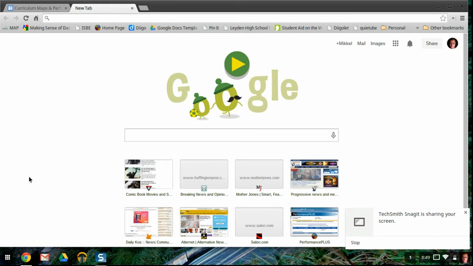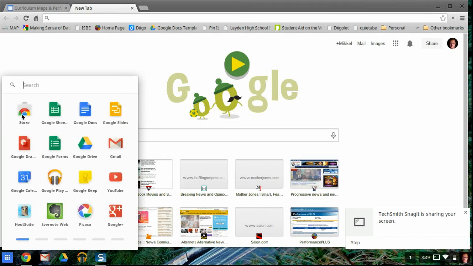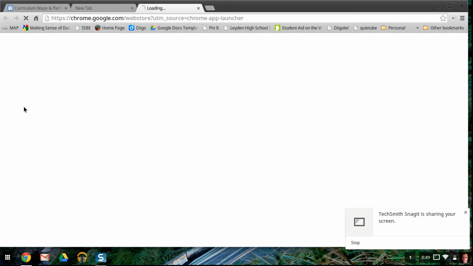But TechSmith has come up with one. This is the one I'm using now, and I'll show you another one called Screencastify. But basically, it's a web app, and again, this is from a Chromebook, so I'm going to go down to my little app launcher here. And all you really need to do, and you can do this from a PC or a Mac as well, I believe usually the app launcher is up here somewhere. But if you click on Store, on the web store,